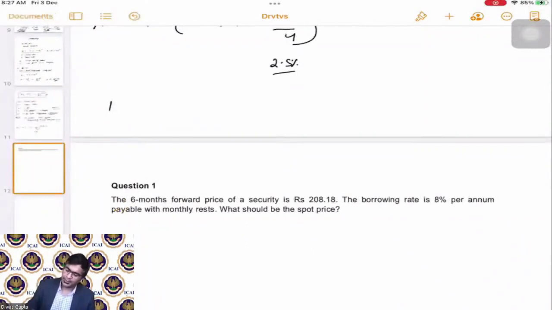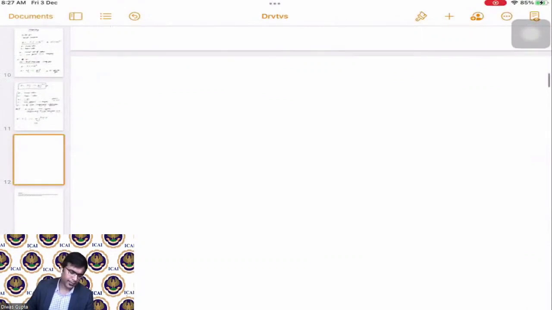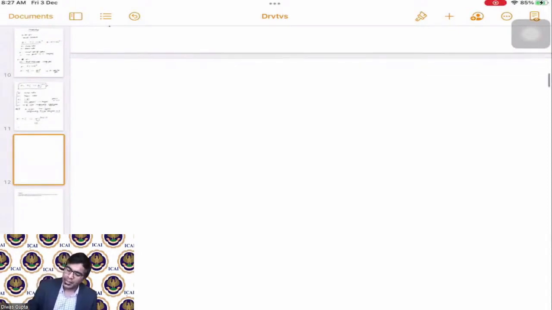Then comes the last step. Okay, so students, now the last thing for compounding is, what happens in practical life? In practical life, the compounding does not happen every 3 months, 2 months, 1 month. Compounding does not even happen daily. Compounding happens every second. Okay, every second there is a compounding element. So it is continuously compounding. Now, case 4,